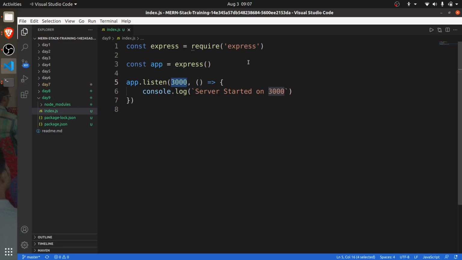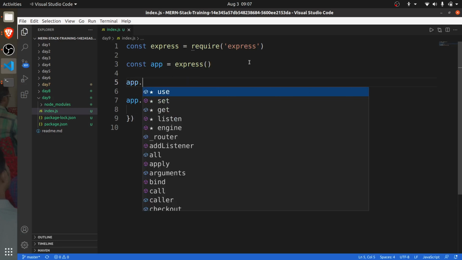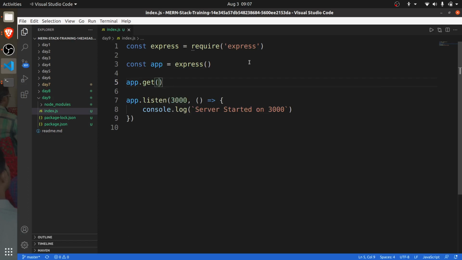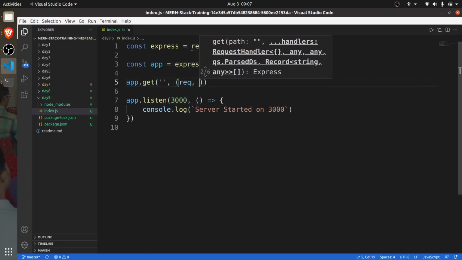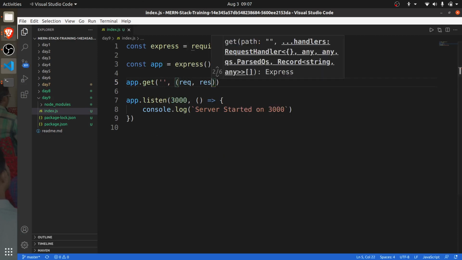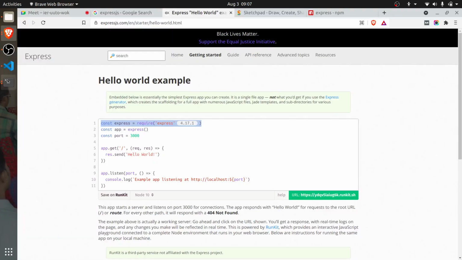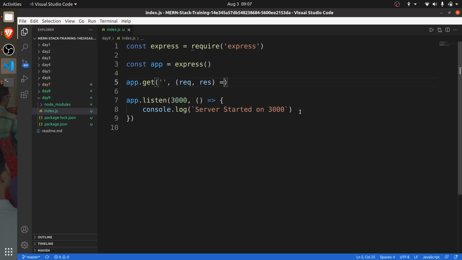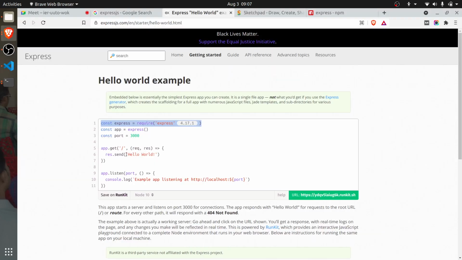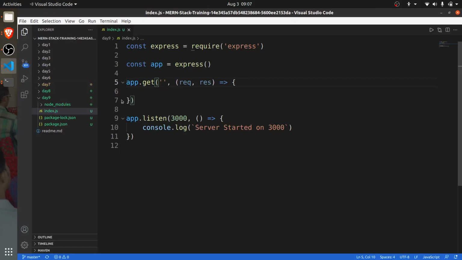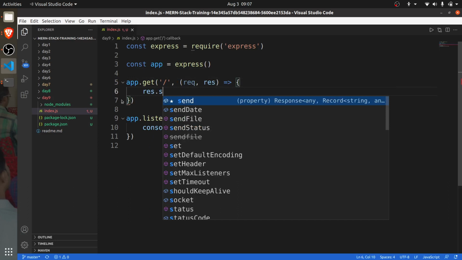So let's try to do that. app.get, and here you are going to get request and response. Here you need to provide the path. If it is empty, it means it's the root. What exactly do you need to show? Here you can say response.send,